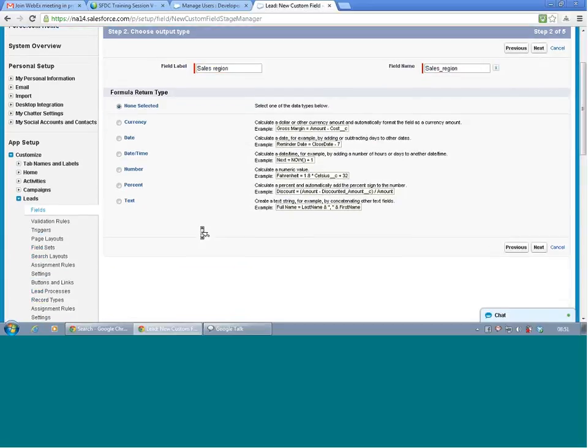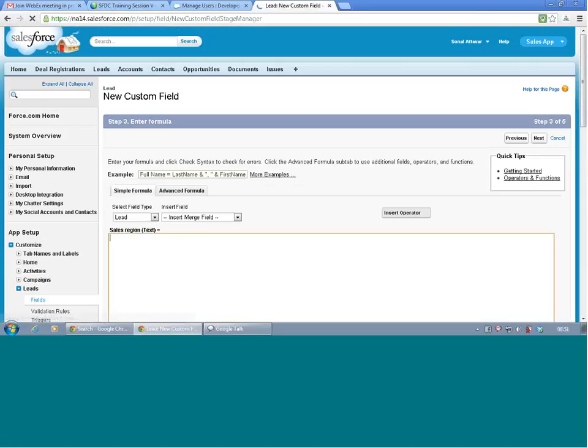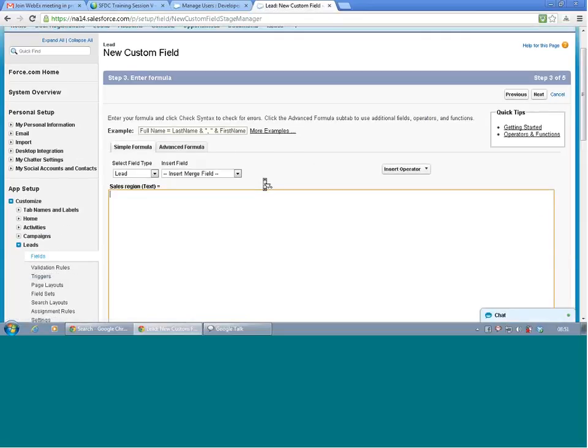There are different data types it can return, such as currency, but our requirement is to return text data. Select the formula return type as text. Now we are going to write a formula.